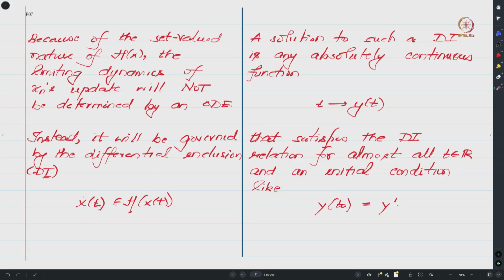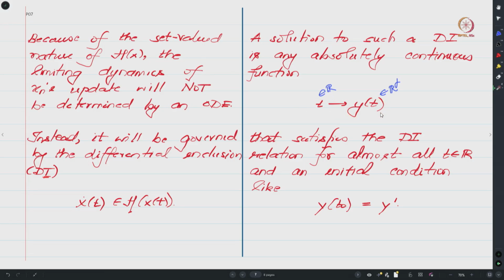So now one can ask, okay, what is a differential inclusion, in particular what can we say about its solutions, and so on. Now first let us ask what is a solution of a DI. A solution of a DI is any function of time. So you take t in R and y of t in R^d. So, y of t is an element in R^d